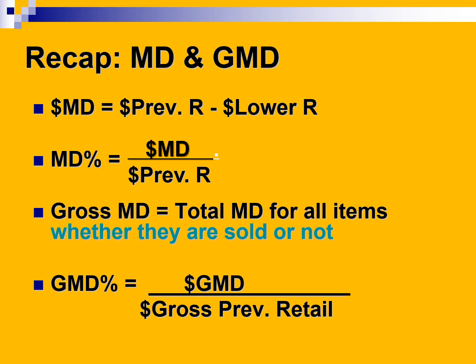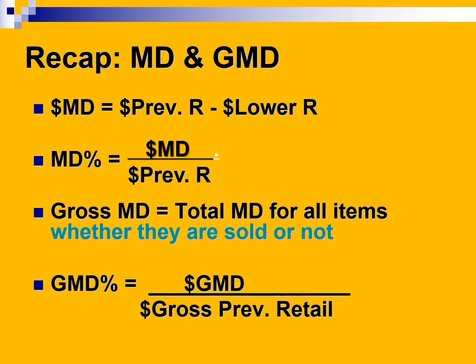Basically, gross markdown means the total markdown for all items. So that means the gross markdown dollar is the sum of all the dollar markdown of all items, whether they were sold or not. And gross markdown percent is the gross markdown dollar over the gross previous retail, so that means the sum of previous retail dollar of all items. The individual item's markdown and markdown percent in that discussion just extend to the gross markdown dollar and gross markdown percent straightforwardly without much change,